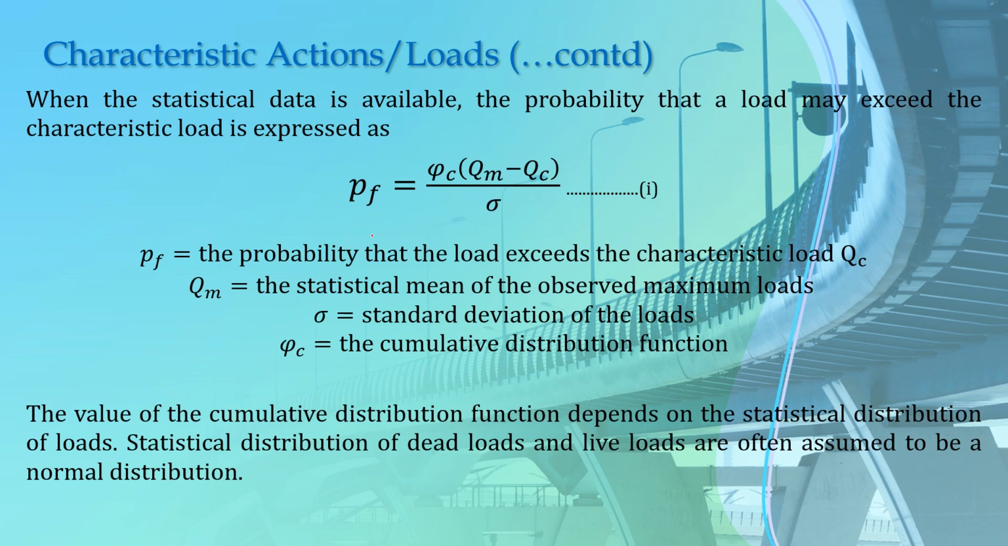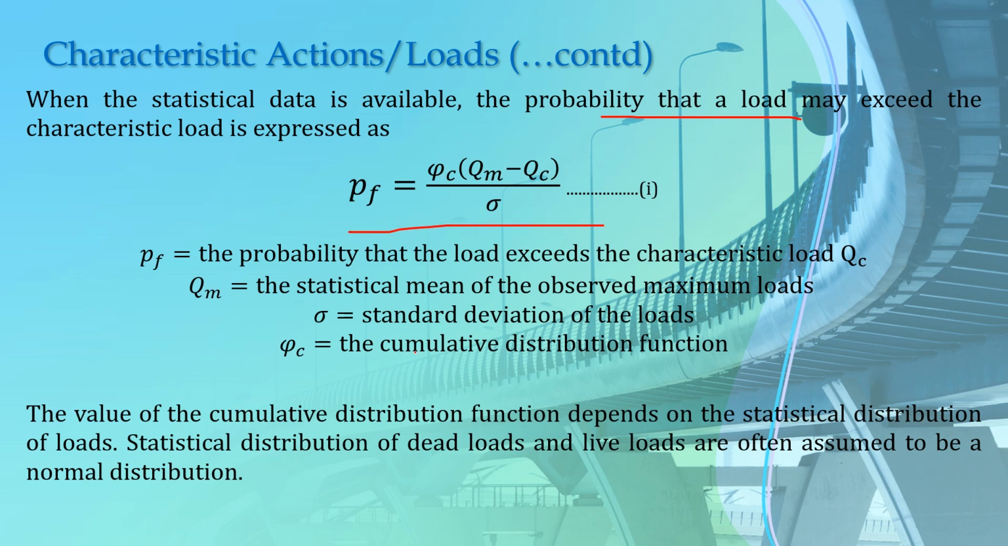So we saw in our previous lecture that if we do not have any statistical data, then we take the value of the loads given in our codes as the characteristic loads or characteristic actions. If we have the statistical data, then we have the formula given here. The formula to find the probability that a load may exceed the characteristic load is given by this formula here,